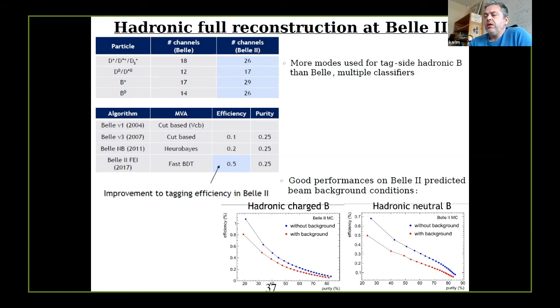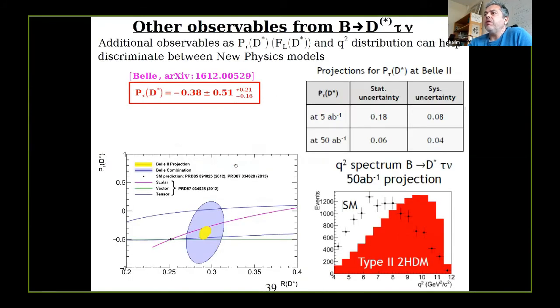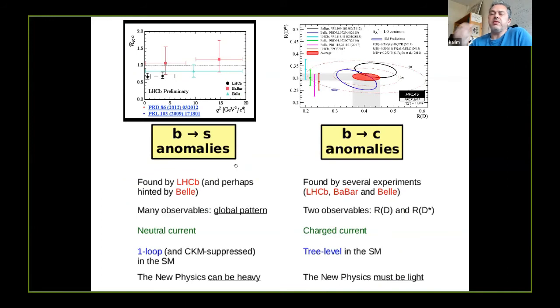So those efforts continue. And of course, we can play the same game as B to S gamma. Beyond the branching ratio, you can do additional observables, like the polarization of the D star and the tau, which will help you to identify what kind of new physics you are seeing. So for the last few slides,